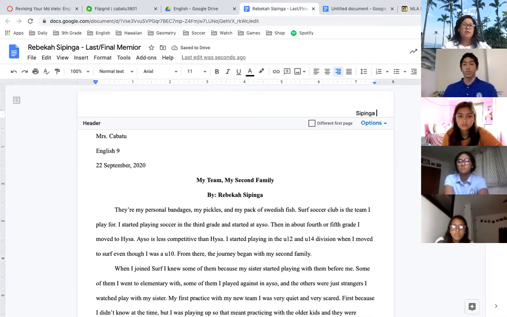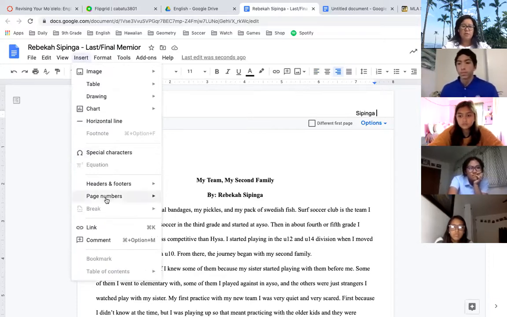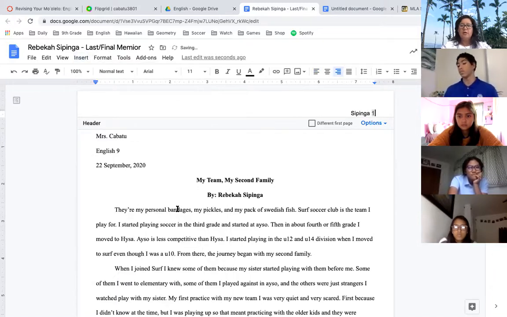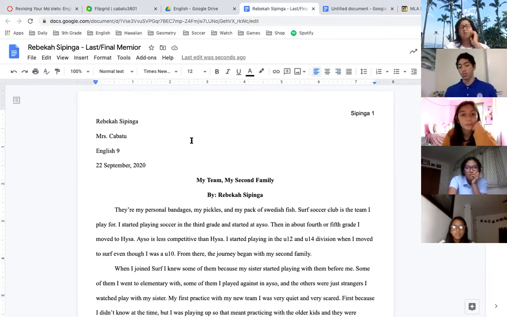Okay, space. All right, now go to insert, top left. Go ahead, insert, go down to page numbers, and click on that first top left box. There you go. Now that's going to ensure that when you get to page 2, 1 turns to 2. But if you just type in 1, then 1 is going on page 2, 3, 4, 5, and that doesn't work. Okay, click out of the header. So the only thing you should have in the header is your last name and the page number, top left-hand corner. That looks good.